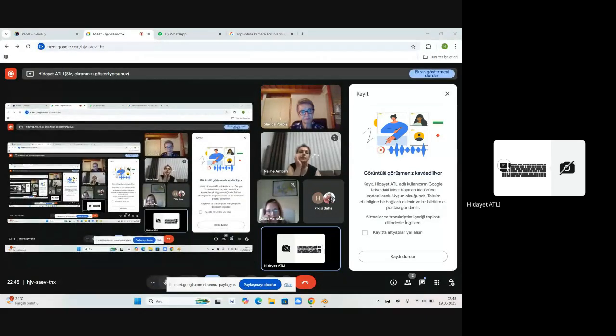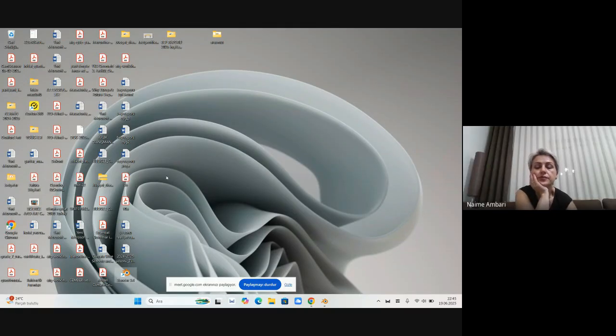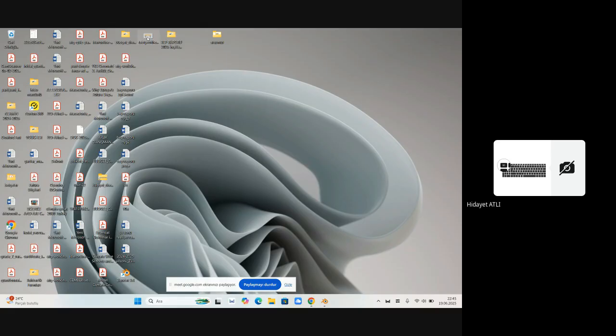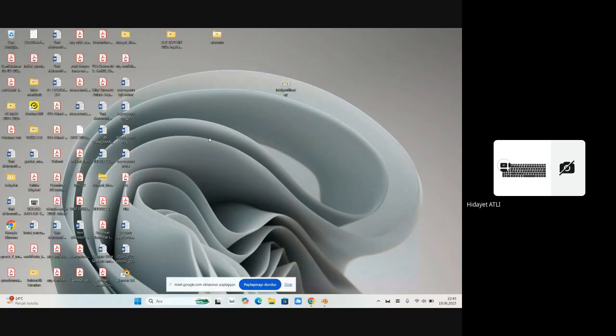Can you see the desktop of Hidayat? Yeah, we see the desktop of Hidayat. There is the file table of the day, and when I right click, you can see the desktop. Yes. Okay. If you want, when you come to Turkey, or when our friends come to Turkey, Portugal, we can